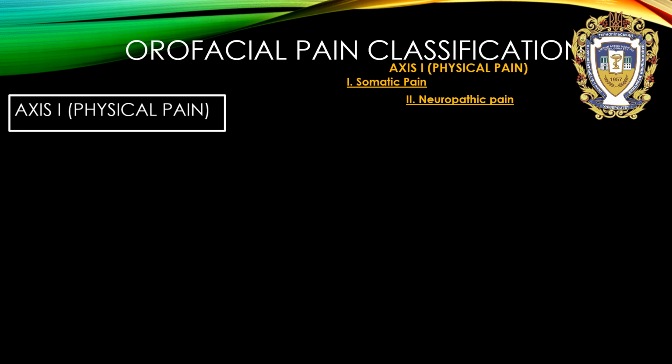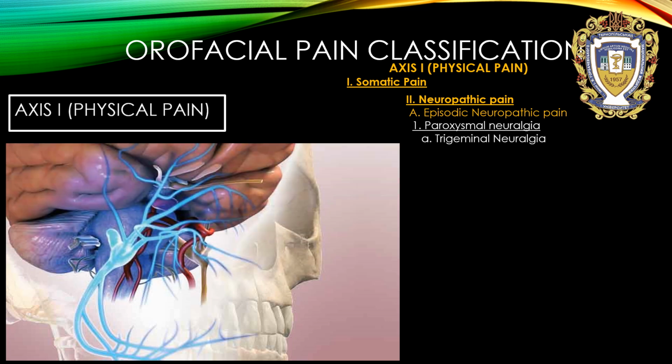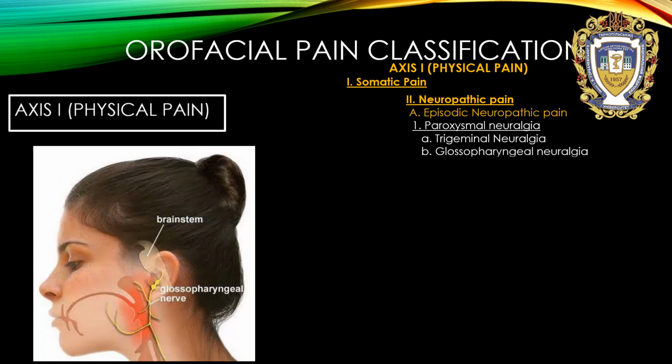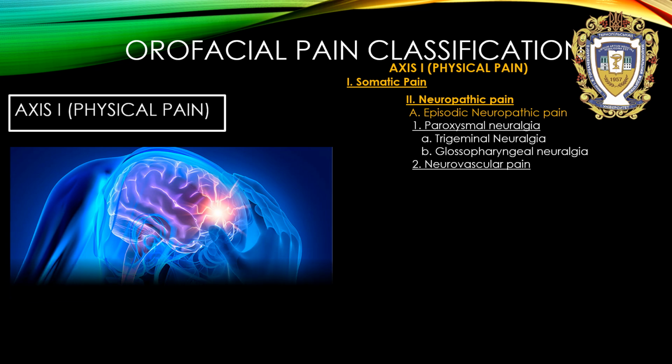And second group of first axis, physical pain, called neuropathic pain. Episodic neuropathic pain. Paroxysmal neuralgia. The most common is trigeminal neuralgia. More rare, there is glossopharyngeal neuralgia and neurovascular pain,